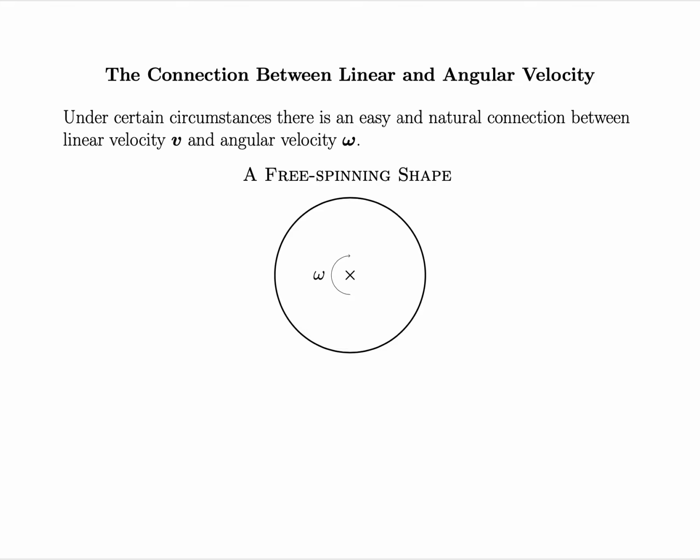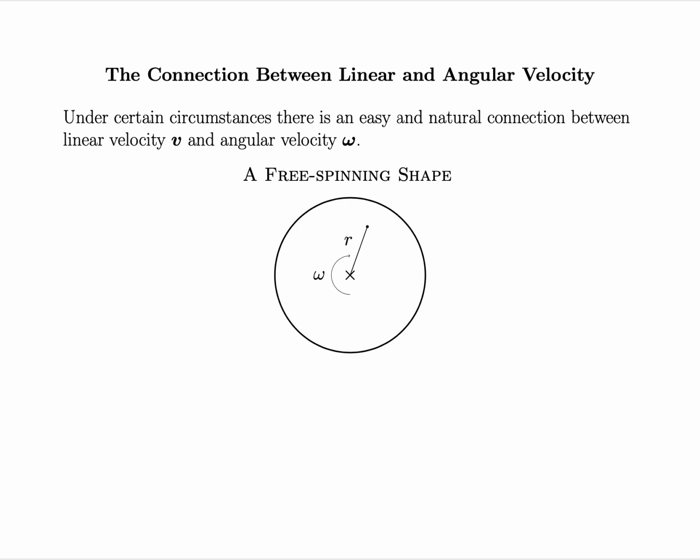The question is, if you pick a point a distance r from the axis of rotation and ask how fast is that point moving in meters per second, there's often an easy way to figure that out. But there's one thing to keep in mind before we go too much further. All the objects that we're going to consider in this class are called rigid rotators. And rigid rotators have the special